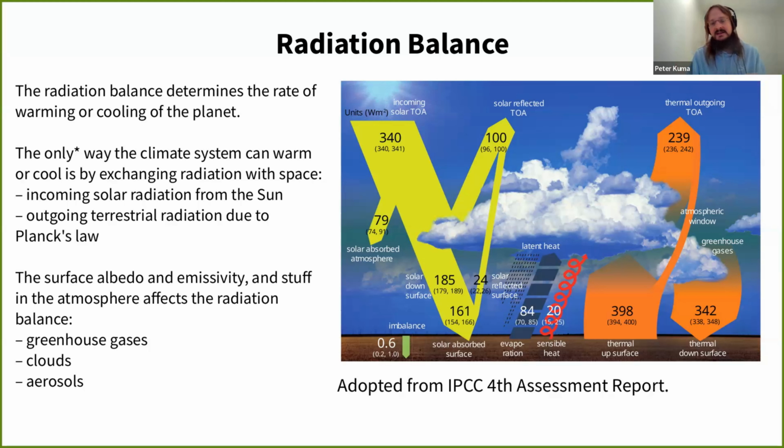And the warmer the Earth's surface, the more radiation it emits. That's due to Planck's law, or maybe you've heard about Stefan-Boltzmann's law, which means that any object of non-zero absolute temperature emits radiation. And the warmer the object is, the more radiation it emits, and the higher the frequencies of the radiation.